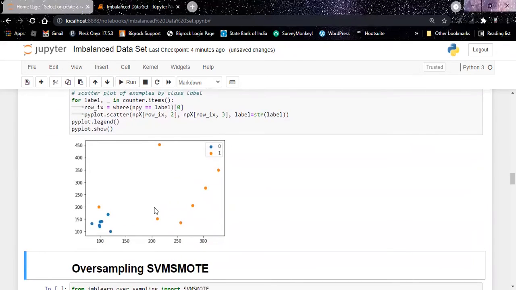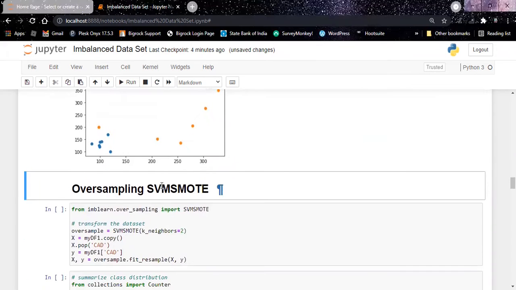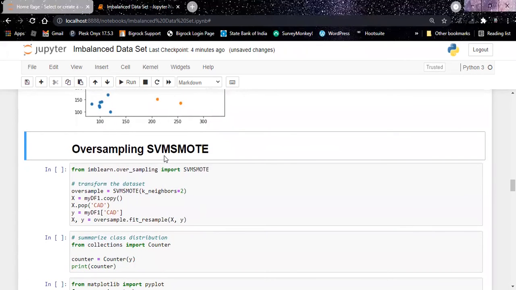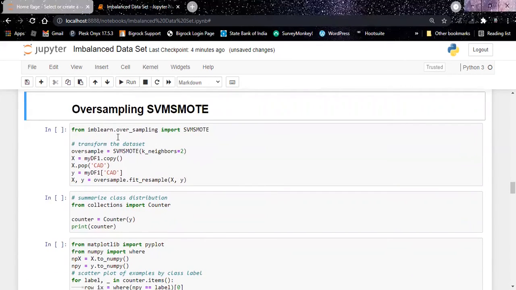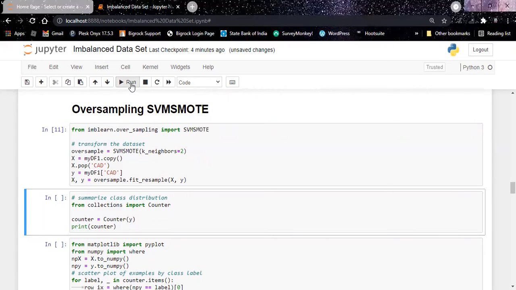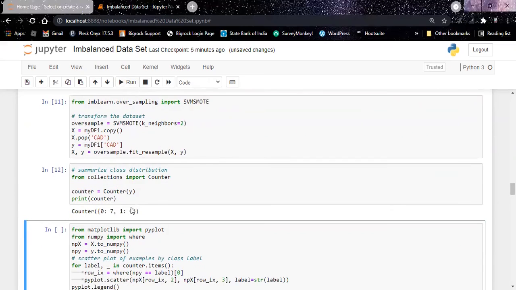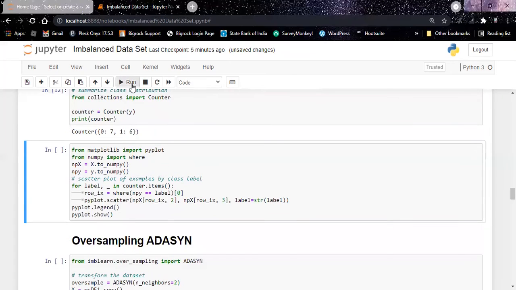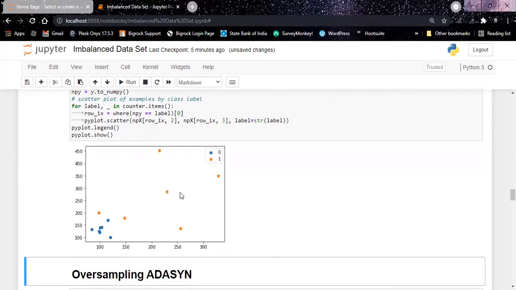This is our plot. Now, the next technique is SVM SMOTE from the same package. We have run it. Then we look at the data set. It is almost balanced, 6 in one group and 7 in the other group. We look at the plot. This is our plot.